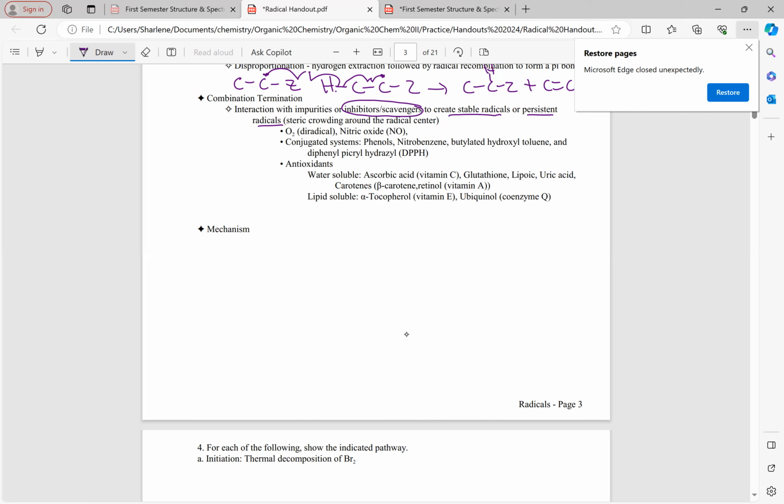Okay, so stable, there's only two answers in organic chemistry, sterics and electronics. So we can either create one because it's sterically hindered, which means that radical is hard to react because it's so bulky, or we can make one that's electronically stable, or even better, we could just get rid of the radical in the first place. So what are we going to use as the radical sponges or these inhibitors? Well, of course,